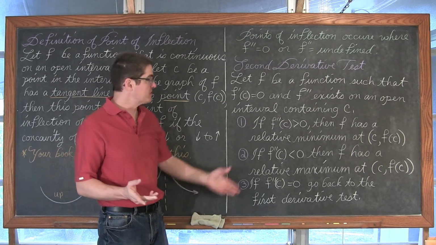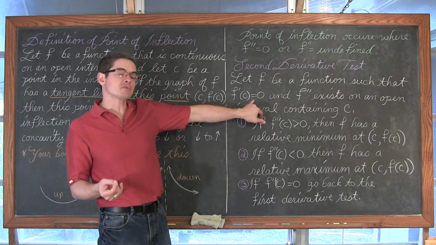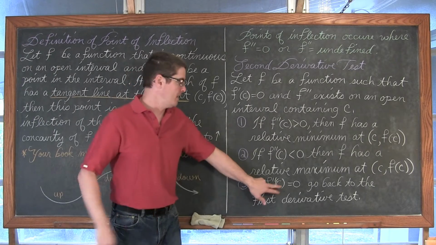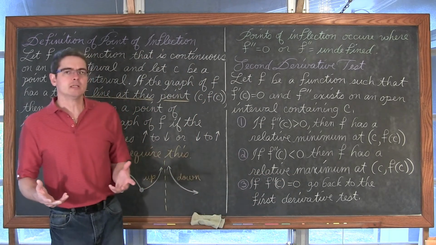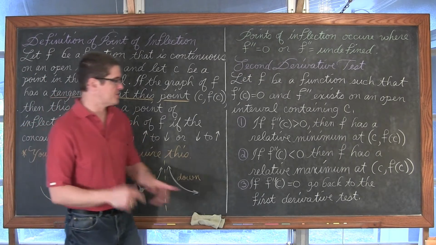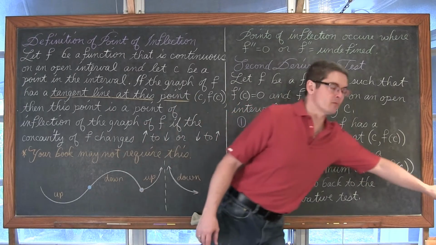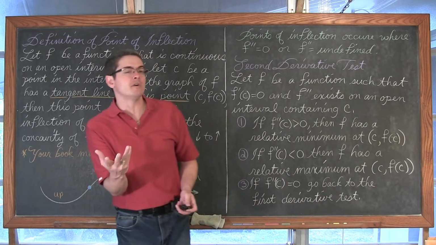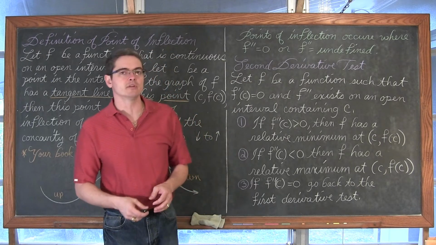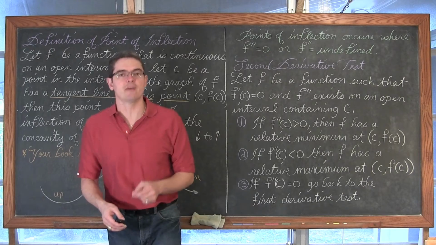Now, it is possible in doing the second derivative test that you find a place where your first derivative is equal to 0, but when you go to find f double prime of c, it comes out to be 0, which means basically you've run a test, but you haven't come to a conclusion. Thus, you'll have to fall back on the first derivative test. So if you gave me an actual original function and just said find the relative maxes and mins, I would just find the first derivative and do the first derivative test, because sometimes the second derivative test fails.